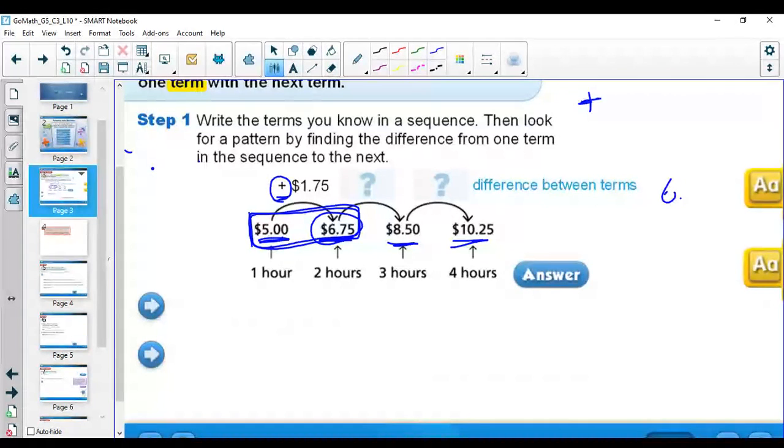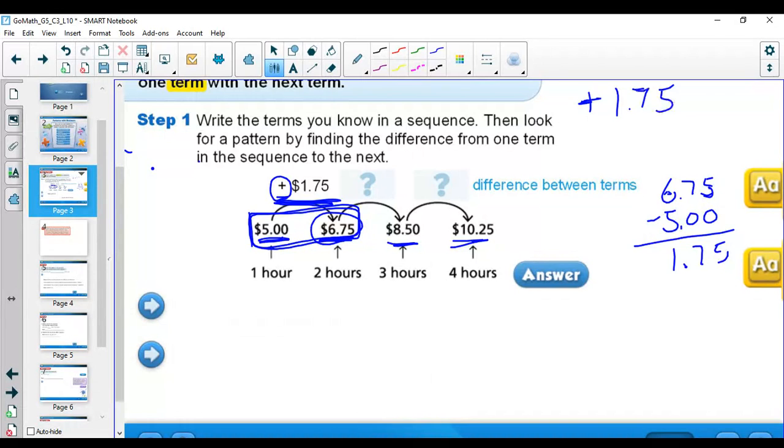So I'm going to take my bigger number, which is $6.75, and subtract from that $5. This should be pretty basic. 5 minus 0 is 5. 7 minus 0 is 7. 6 minus 5 is 1. I need to make sure to put my decimal in my answer. So I see here that my pattern is increasing by $1.75 each time we add a new number to it. So that's my rule, that I'm adding